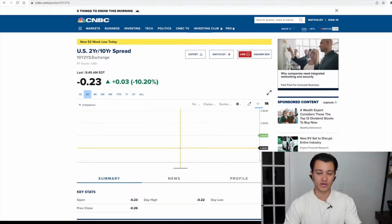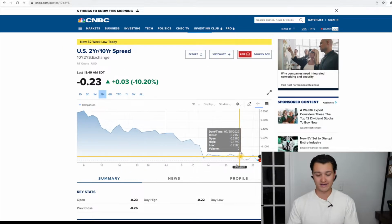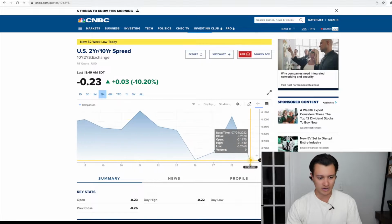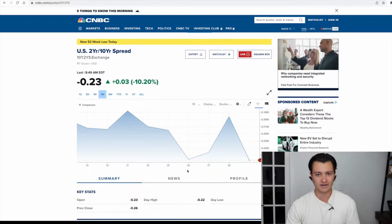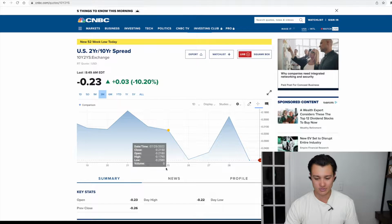Now, the next one, we're going to bring it back to the yield curve, which just hit a new 52-week low today. It was down a little bit more to its low at negative 26 basis points, but it's now bounced up 2 basis points, so down at negative 24. I just want to show how this played out in reaction to the Fed meeting. So you can see right before we had the meeting, we had basically a new low at minus 25 basis